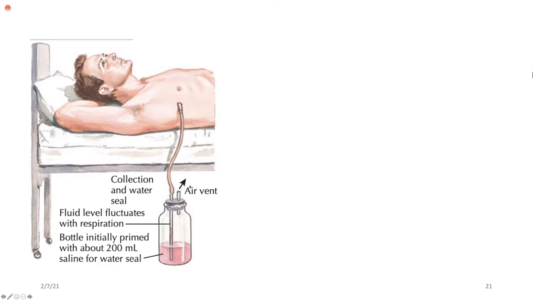But no air from outside, even if it enters from this tube, can go underwater and enter from here. So that's the classic explanation when we insert this chest drain, this chest tube, no matter whether for pneumothorax, hemothorax, pyothorax, chylothorax, or hydrothorax, it should be connected to this type of tube. This is the standard, gold standard tube. It has been modified into so many shapes.